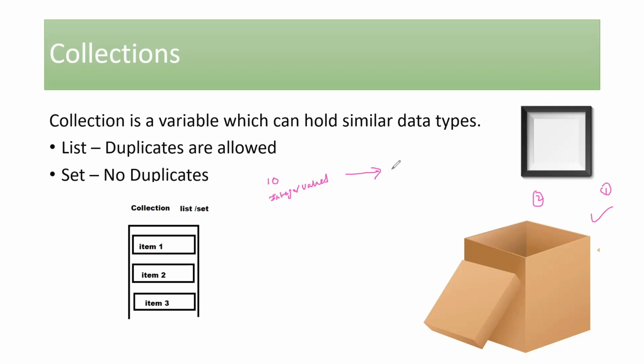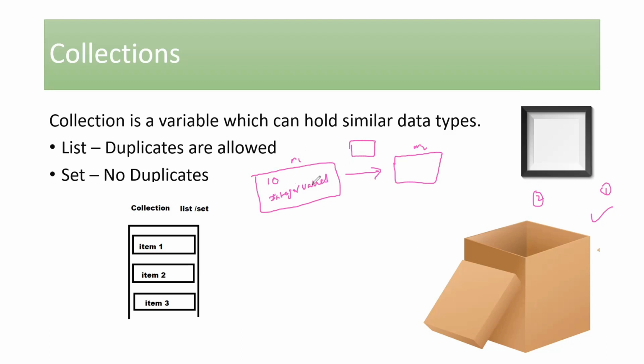Do not worry about what exactly this place is. I'm taking that as a reference to help you understand this point. As we go further in our course, we'll understand what exactly this place is. Think of this scenario as moving 10 integer values from one method to another method. That could be a requirement. I'm referring to the method as a place here. Just make sure that you understand this point, right? So if I want to move these 10 integer values from one method to another method, it would be easier for me to do it via a collection.